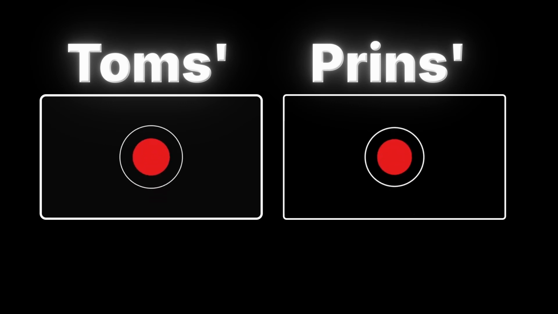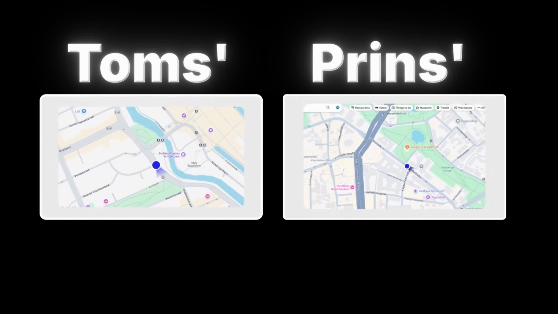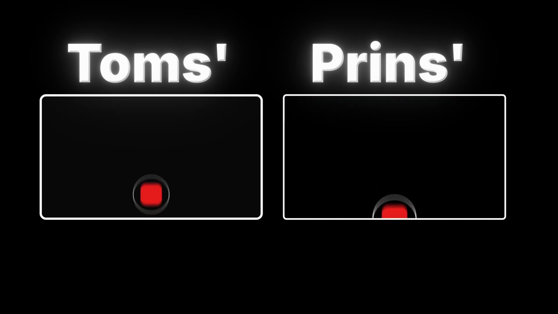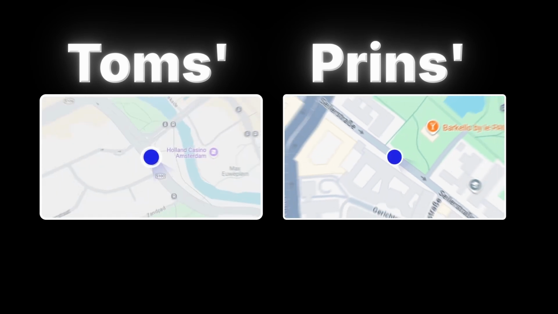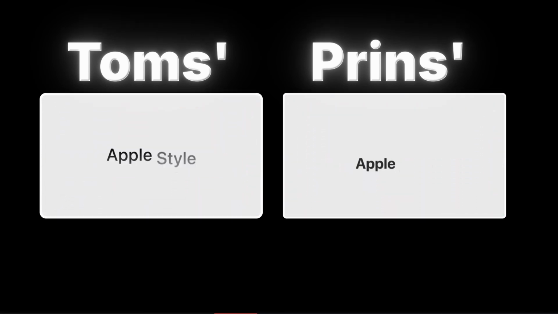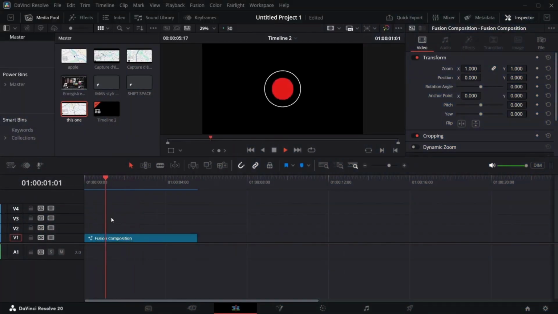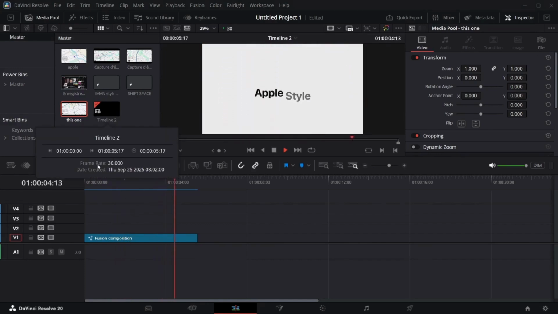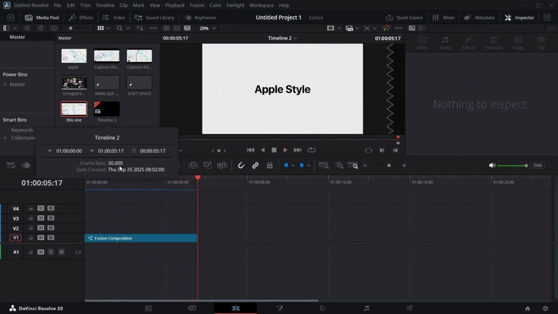In this video, I'm going to show you how to do this Apple style animation inside DaVinci Resolve. This video is inspired by Tom's project, so I saw it. I said, why not? Let me show you how it can be done. But before we start, the timeline frame rate I'm using is 30 frames per second, and let's get a fusion